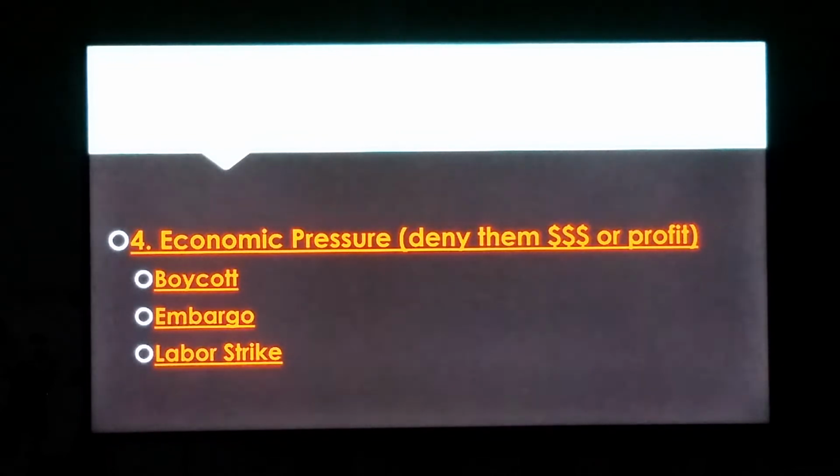There's companies that I don't particularly love because of the way they treat their customers, so I try not to shop at those places or shop at them as little as possible. You could do an embargo. Now, an embargo is this nationwide boycott, right? So the United States of America puts embargoes on all sorts of other countries